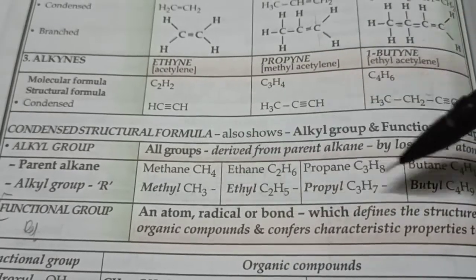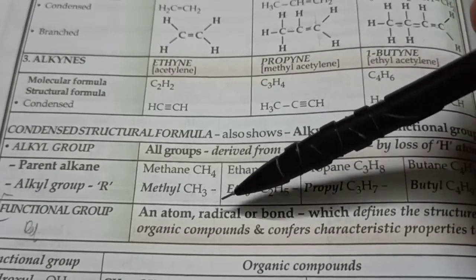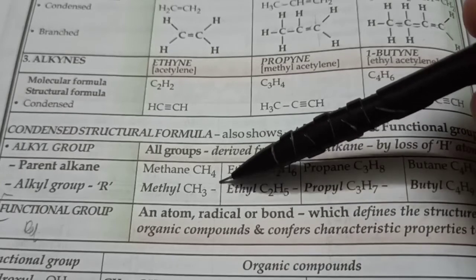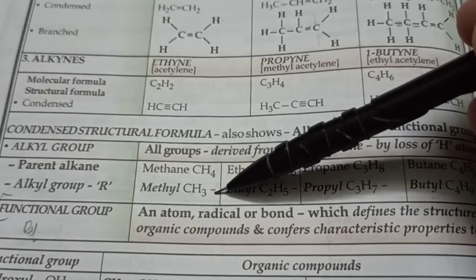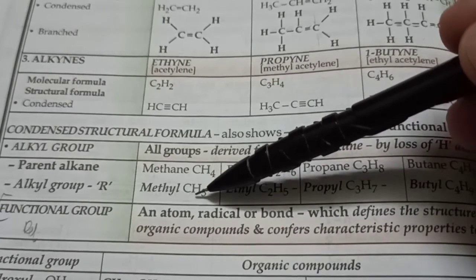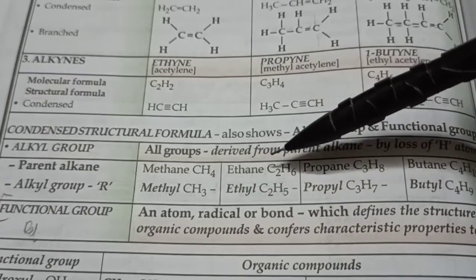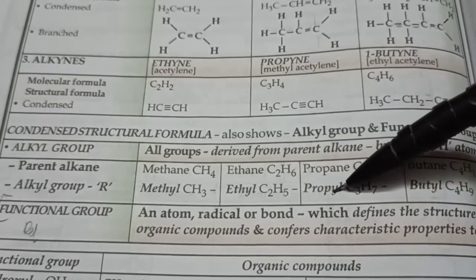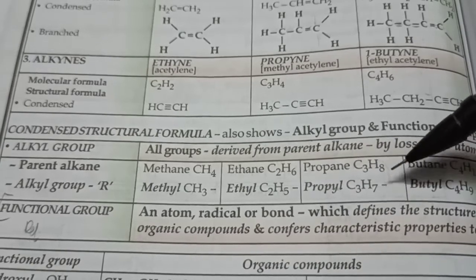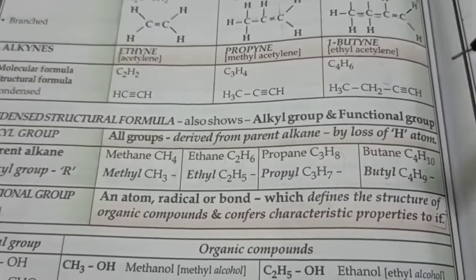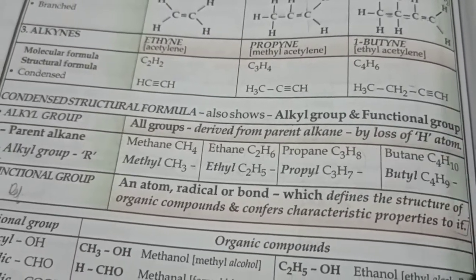Methyl, ethyl, propyl, butyl. Of course, they can't exist independently because one valency is still not satisfied. So something will have to stick out here. Maybe a chloride or a fluoride or an OH. Then it can be called methyl alcohol or methyl chloride or methyl fluoride. But whenever you see "-yl", it simply means that it is an alkyl group, that is an alkane from which one hydrogen atom has been removed. So when you come across such examples in the future, you will see what it is all about.